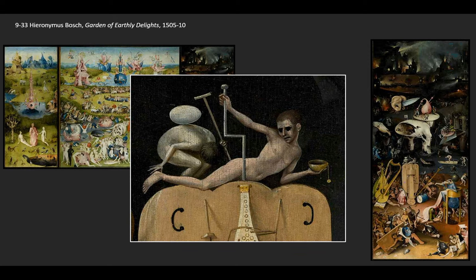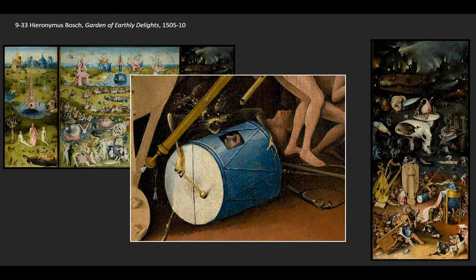If we look at the hurdy-gurdy grinder, you'll notice that the man behind him is penetrating him with a cane that sort of resembles the hurdy-gurdy grinder. Again, torture linked to pleasure. The pleasures of the flesh during life bring us only pain in the afterlife. Down below, a figure encased inside a drum as a demon beats on it. And I've had that kind of headache before, a sort of migraine sufferer, if you will. And that certainly captures the sense of that throbbing sound.